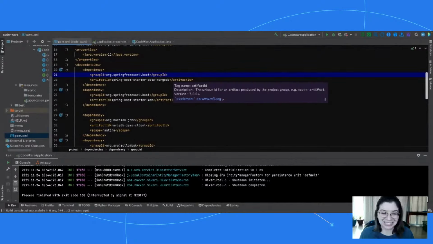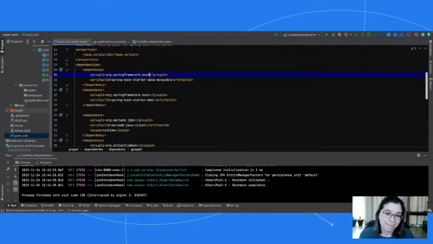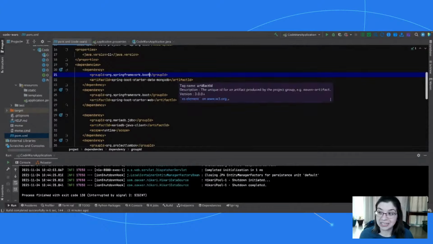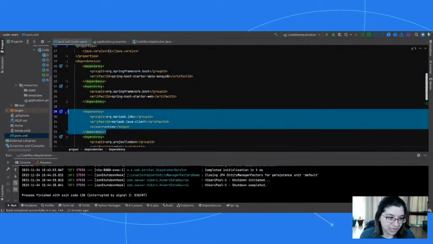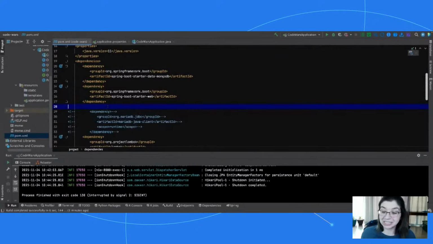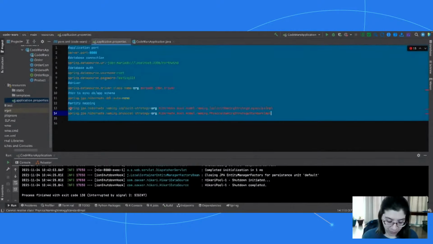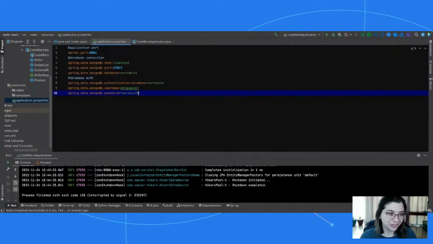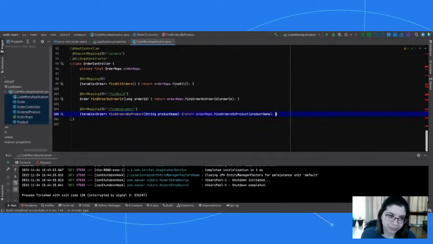Thankfully, their naming is all consistent on their libraries. So all I had to do was change this to MongoDB and resync Maven, and it pulls in all the dependencies for me. I'm actually going to comment out the MariaDB driver dependency because we actually don't need it, right? We're done with MariaDB, at least for now. So we'll do that. And then of course these won't work anymore. So I've got these also for Mongo situated in there. So again, new port for our application because we don't want it to conflict with our Maria application that we had open. The database connection details and the authentication to get into the database. Nothing new or crazy there. Okay.